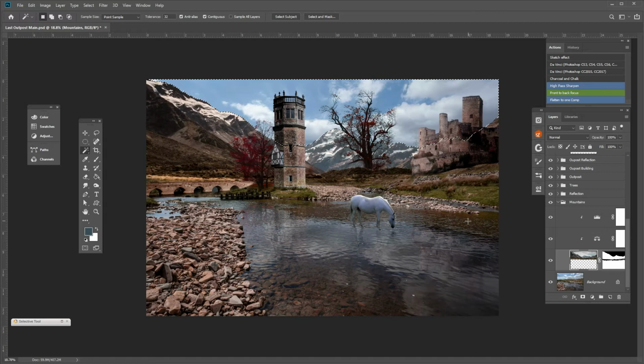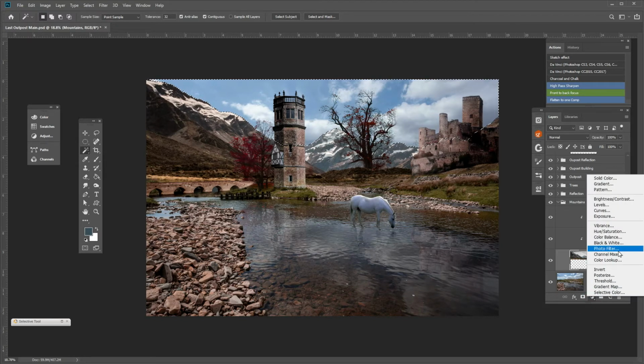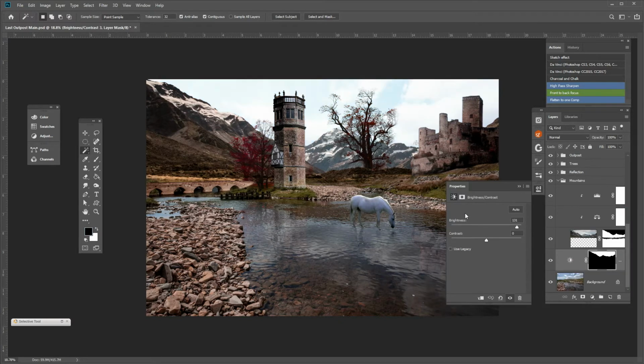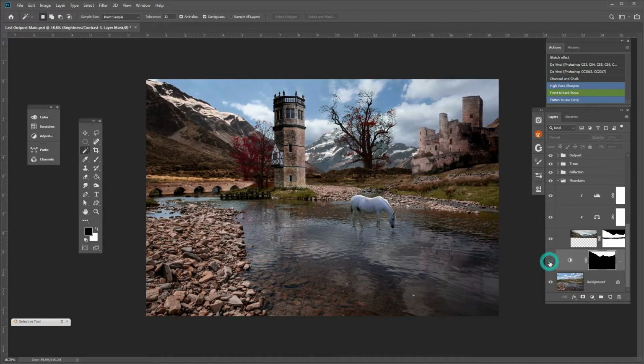So I'm just going to brighten up that a little bit. Do a brightness contrast. That's better. So that's before and after. Just gives it a little bit more